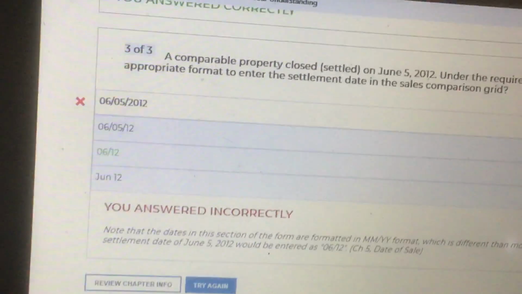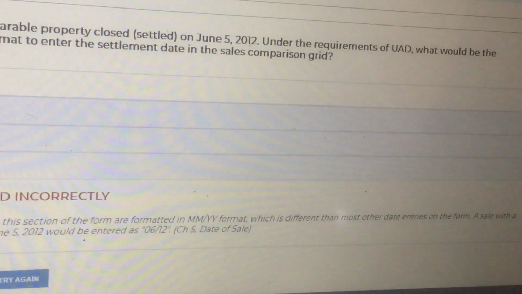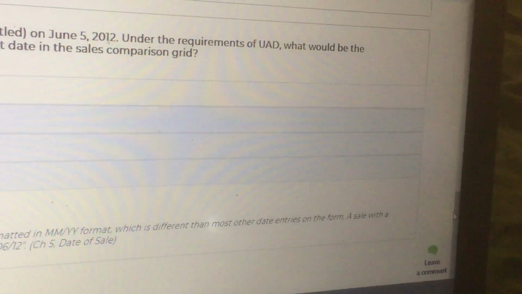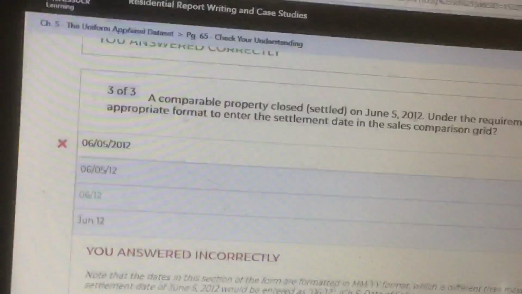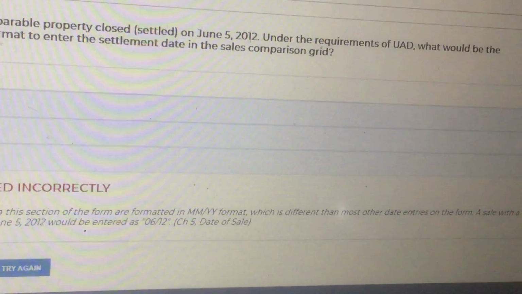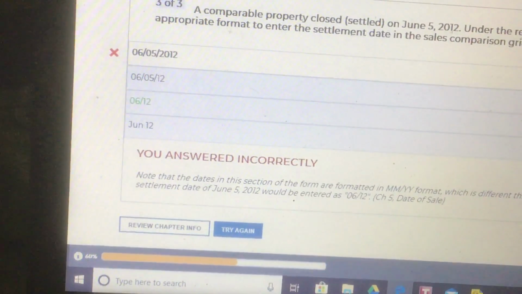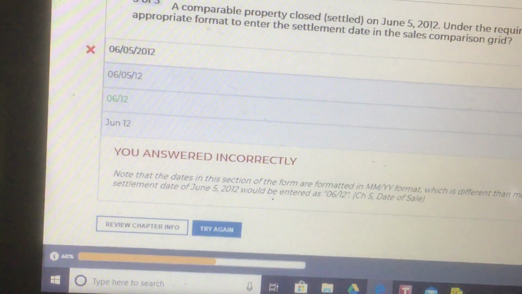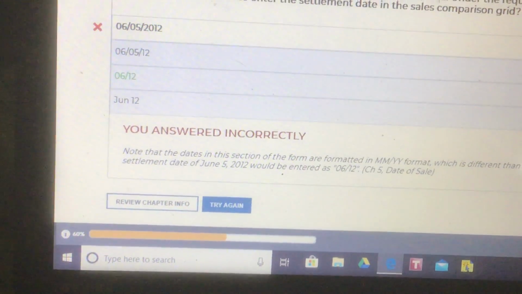Number 3, a comparable property closed, settled on June 5th, 2012. Under the requirements of UAD, what would be the appropriate format to enter the settlement date in the sales comparison grid? You said A, 06/05/2012. The correct answer was C,